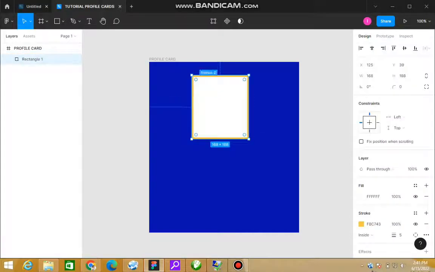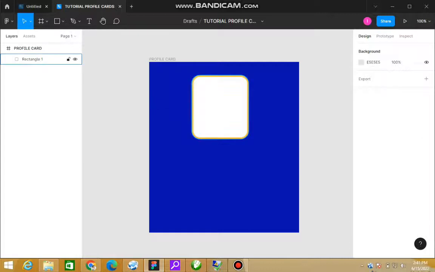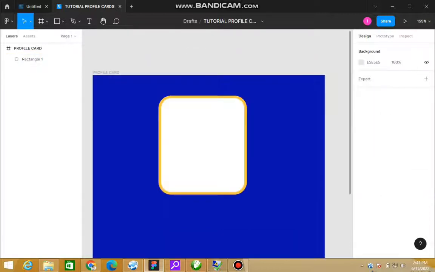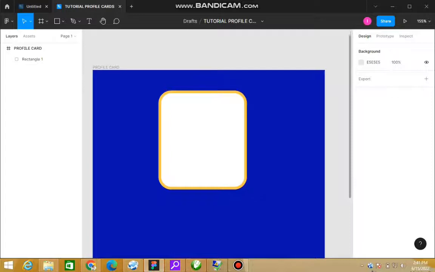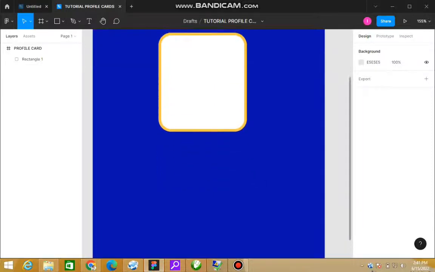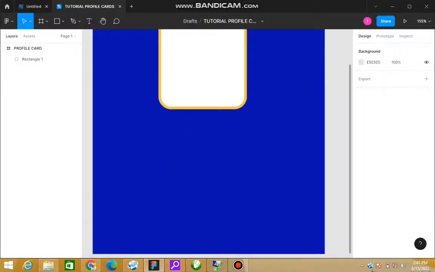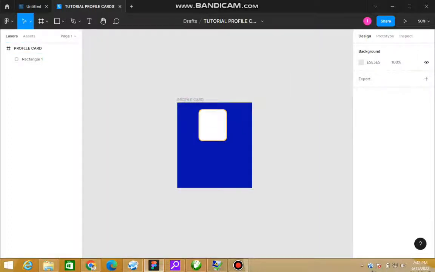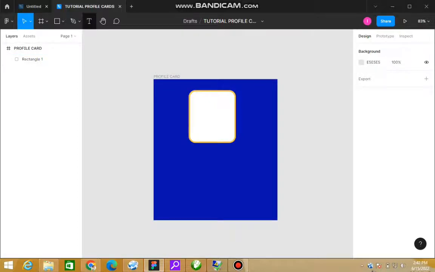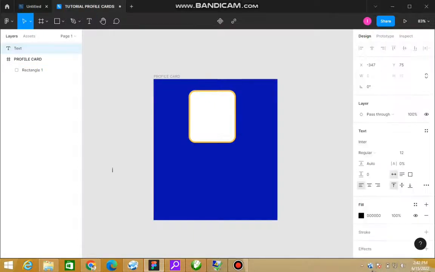Good. So I'm going to do it. See. Good. Let me zoom so that you can see. Hope you can see very well. So let me then look for a picture and put it in, and add a name. So let me type the name. Let me just use this T tool there and type the name. What's the name of the person I'm going to use? Let me use Cherry